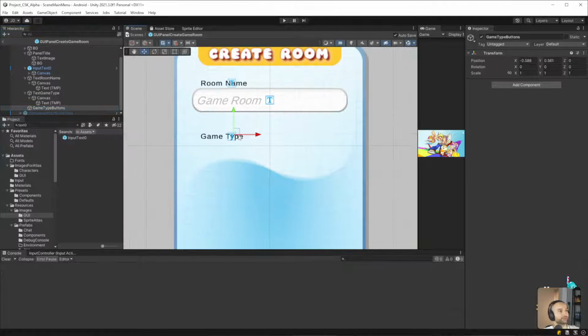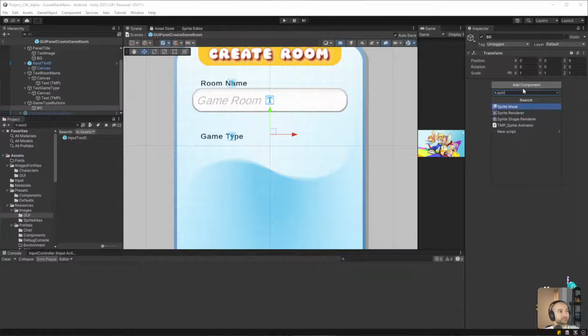Okay, so game type will have a background, and then it'll have 2 buttons. So let's do the background because that's easy to do. So we'll add a sprite render.